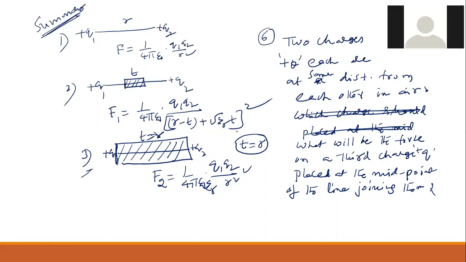Sir, yes. So the answer will be 2 pi epsilon... 1 by 4 pi epsilon naught into QR by R square. No, Sai Bharat. Capital Q into small q by R square. No. I'll show you that.